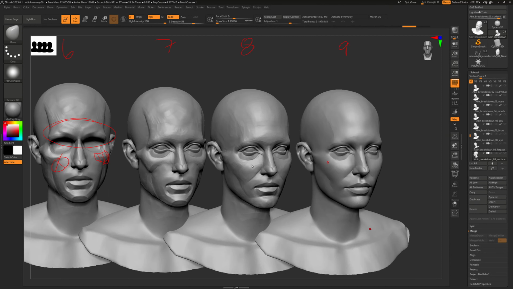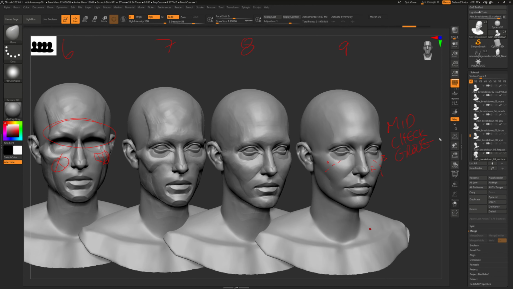But if I am able to maintain these as separate stages, you'll notice that there's a little line right here. And you'll see this line in people that separates the bone from the fat. That line is the mid-cheek groove. Okay, mid-cheek